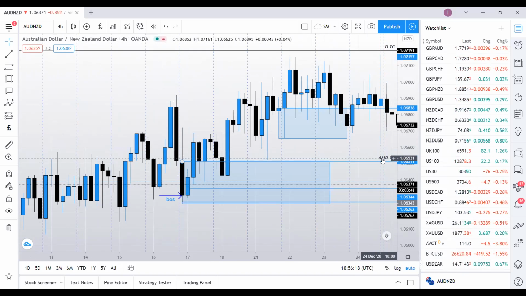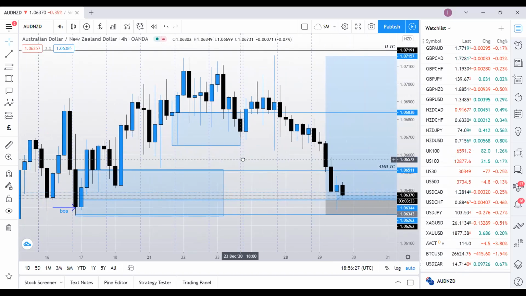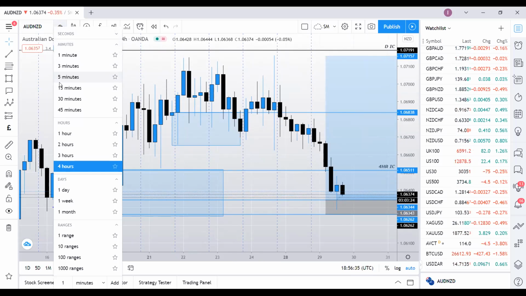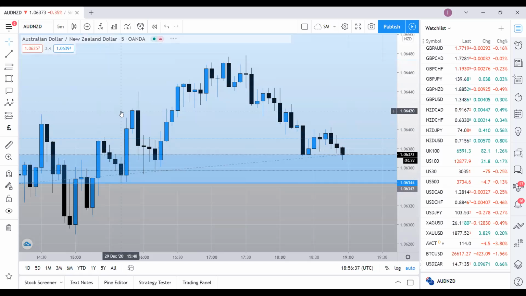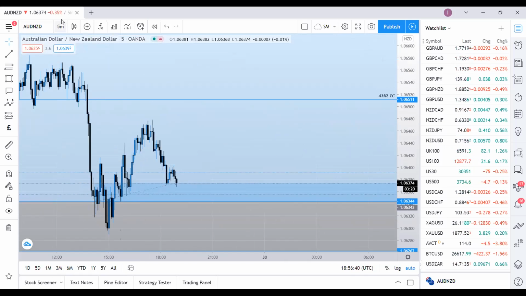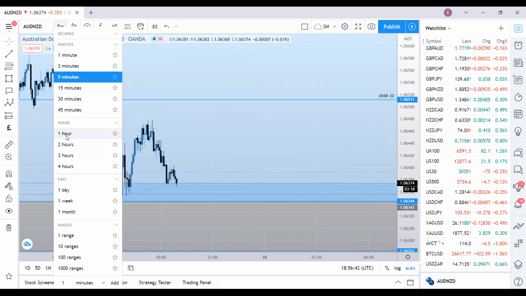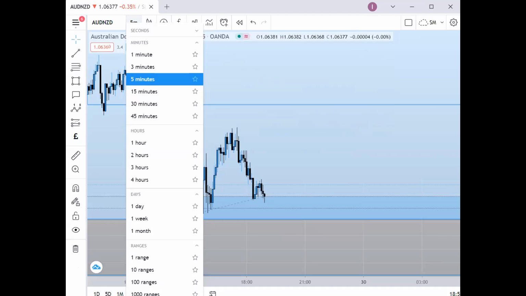Can you see here, I've marked the 4-hour IC. Then draw a rectangle around it and go into a smaller time frame. Any specific time frame? I would say either the 1 hour, 15 minutes, or 5 minutes. And what you want to identify is